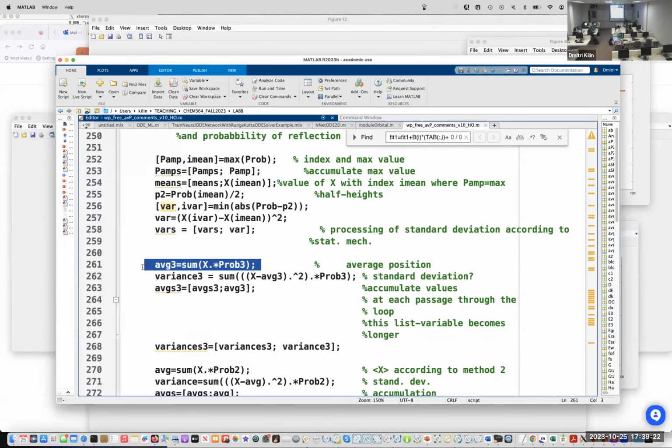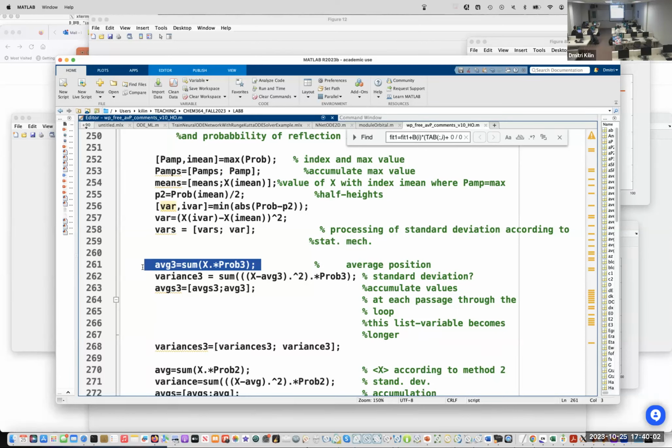We could write it in the opposite way, in the form like AVGS3 equals open bracket AVGS3, and then in the next line AVG3, and then close the bracket. So we were doing it when we were creating arrays at one of our first meetings, right? If you have an array and then you put an additional number, you expand, and the array becomes longer, right?